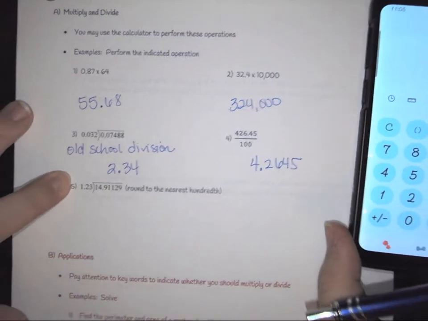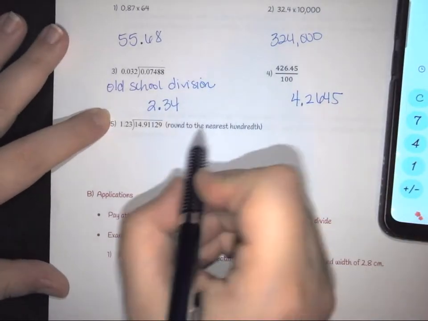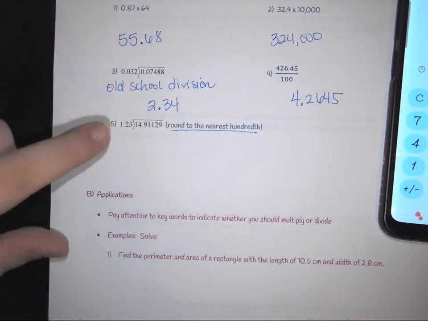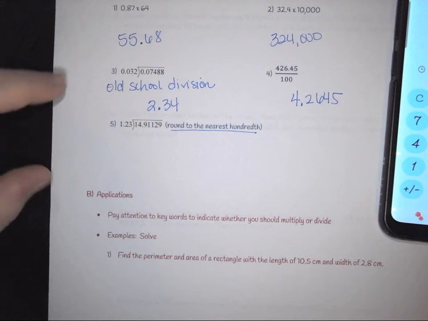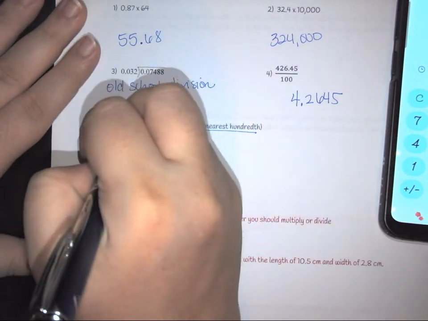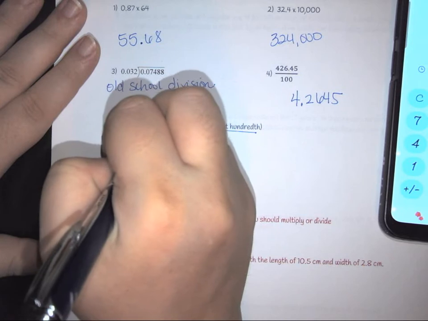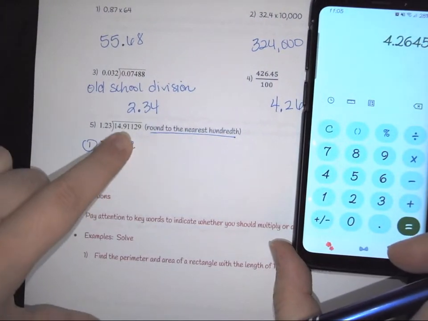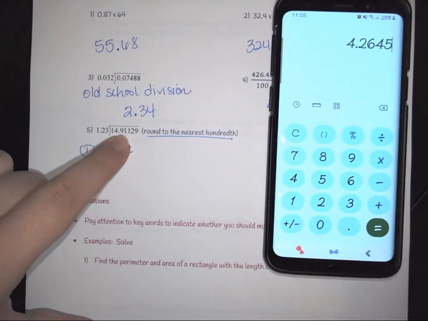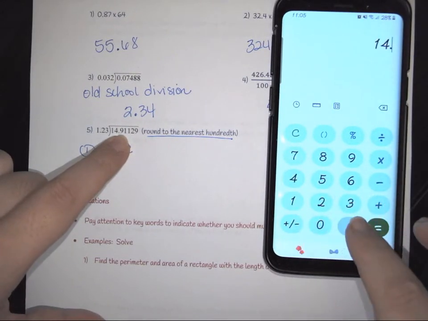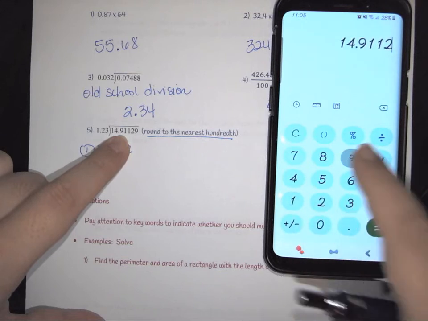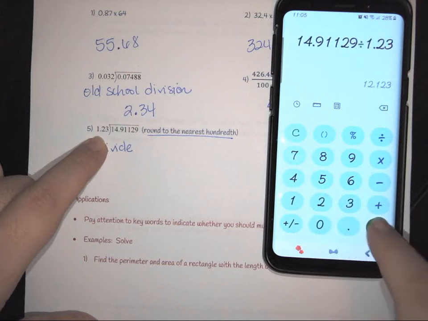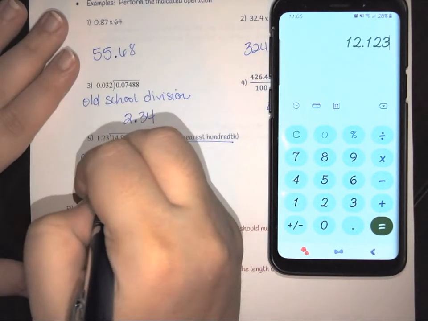Now in this next one, notice it's also doing a division, but I've given you a direction where I'm asking you to round to the nearest hundredths. Your first step is to complete the division. So here, the first thing we want to do is divide, and figure out what it becomes. Again, the number under the division sign goes first, so this is 14.91129, and we're going to divide that by the number outside, 1.23, and hit enter. So we end up getting